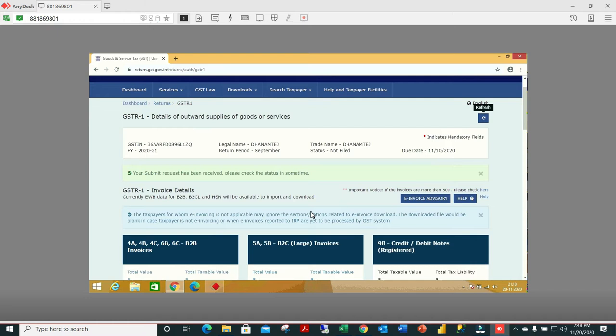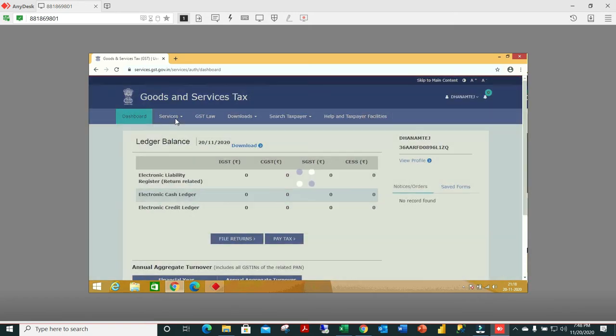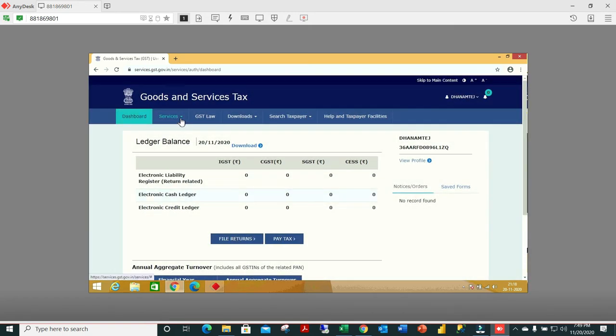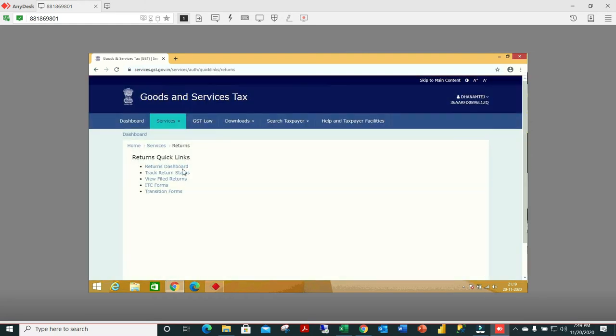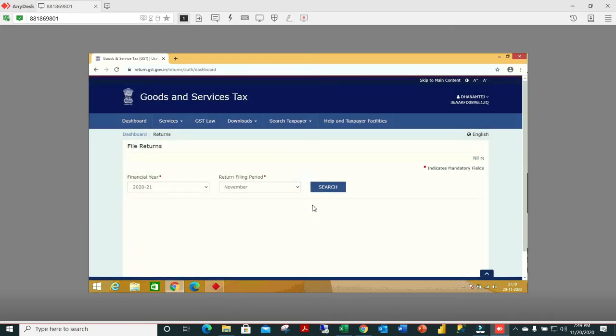Once you generate and submit, it's always a good practice to go back and check in the status menu whether the filing is submitted successfully. It always appears in the return dashboard. Now we'll go back and check the